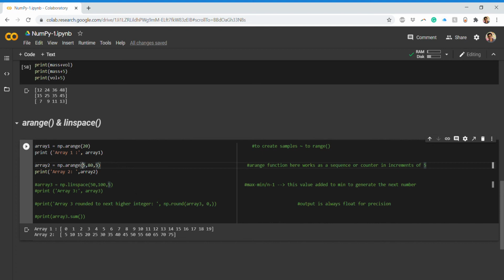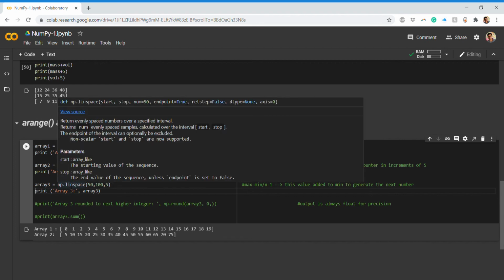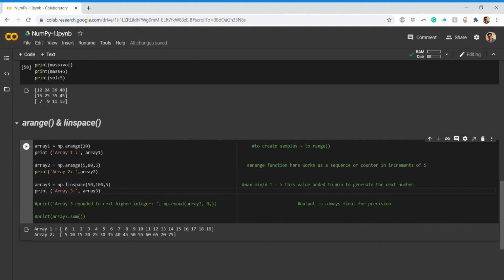Next, we come to the linspace method. Linspace is somewhat similar but not completely. There is a slight difference. It takes the same construct. It is an inbuilt functionality of NumPy. From the name itself you can get to know that it will create a linear spacing of the elements. This is your start, this is your stop, and this is your step.